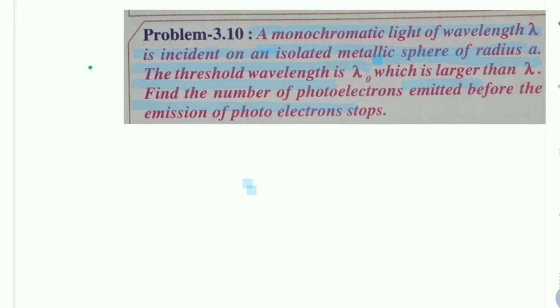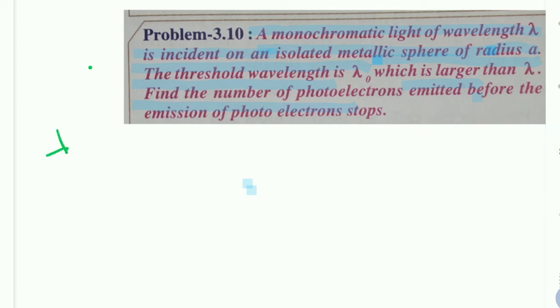If the potential of the sphere is raised to V, the electron should have a maximum energy, work function plus eV, to be able to come out. The emission of photoelectrons will stop when